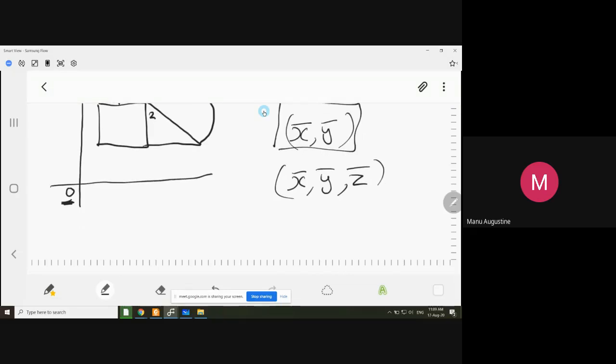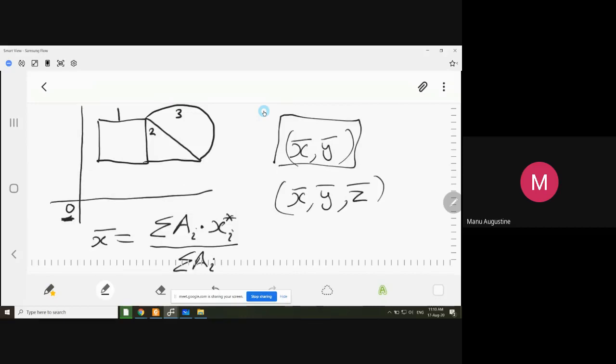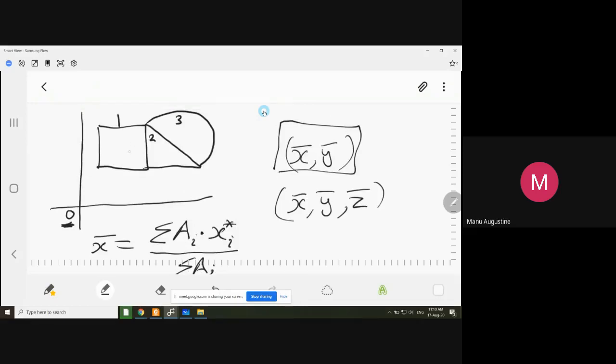And now the formula for your centroid is built as the summation of all areas multiplied by the individual centroids, which are depicted by x star and y star, divided by the summation of all areas or the total area. So in this case, if I want to find out what is the x star value of